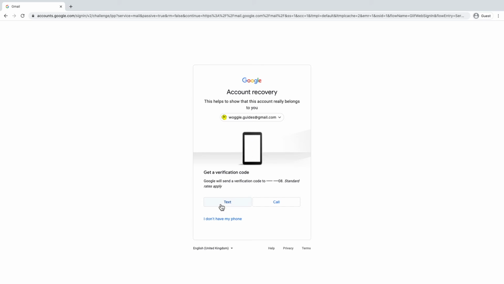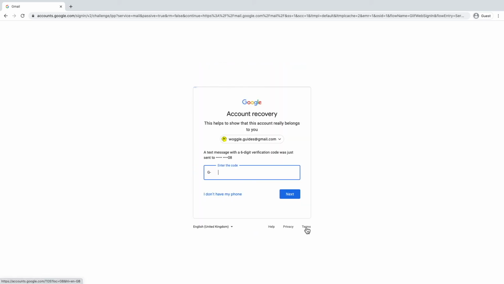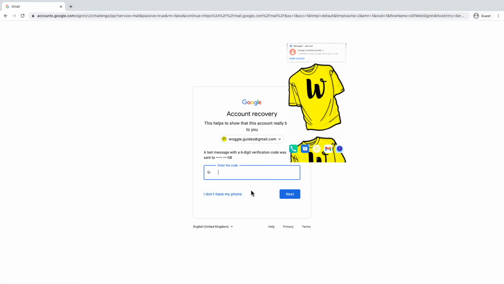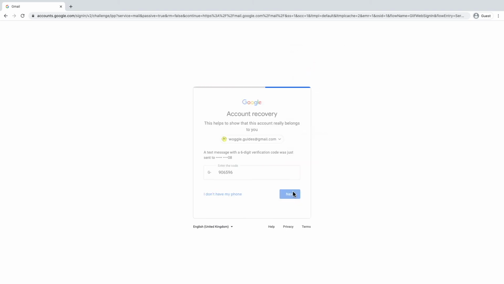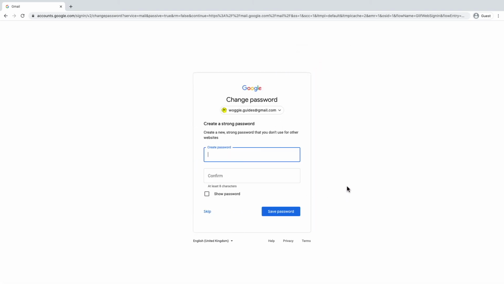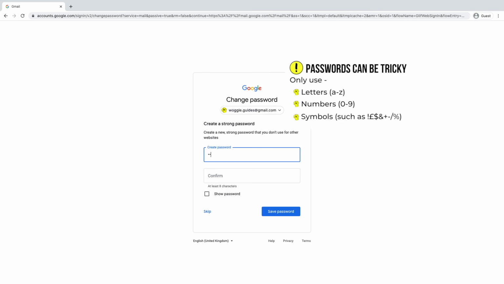So if I click on text, what happens is a verification code is sent to the mobile phone that you originally used to set up your account. So if I enter the number that was sent and click next, so now we're asked to put in a new password.